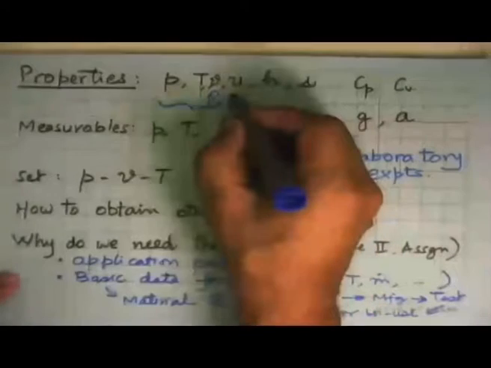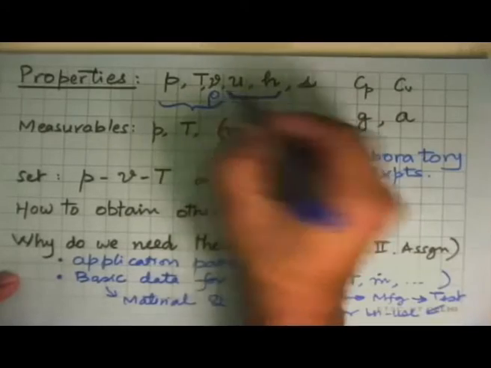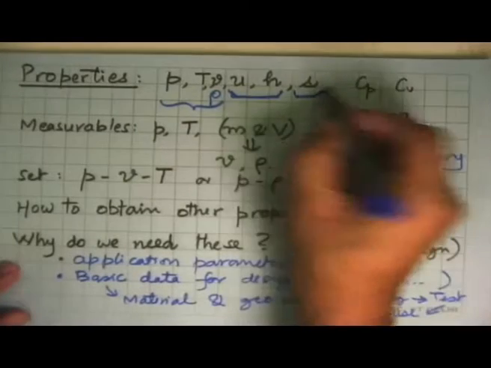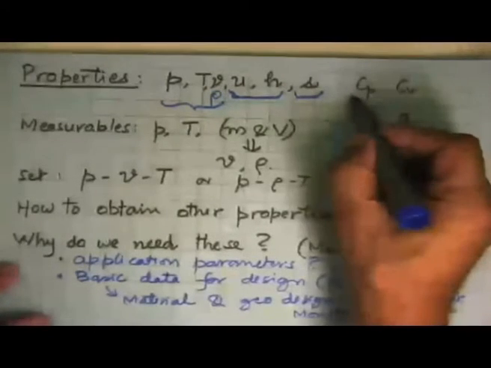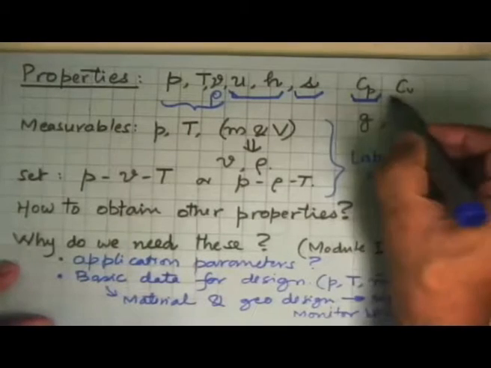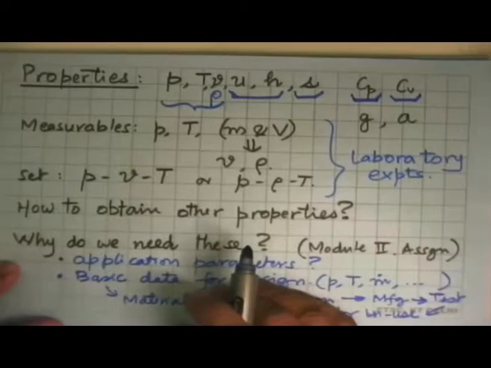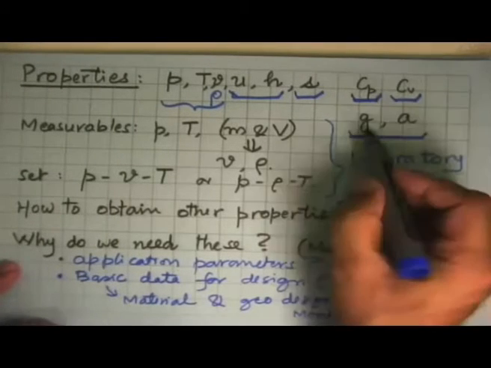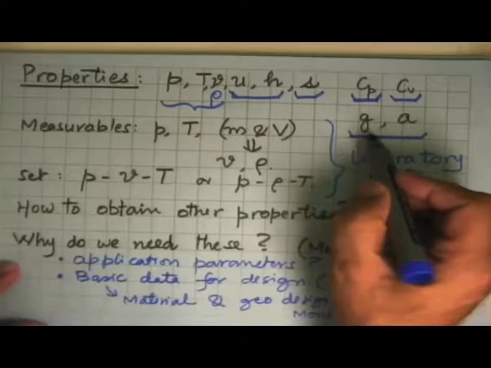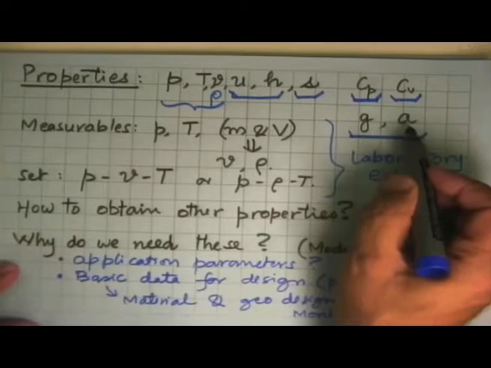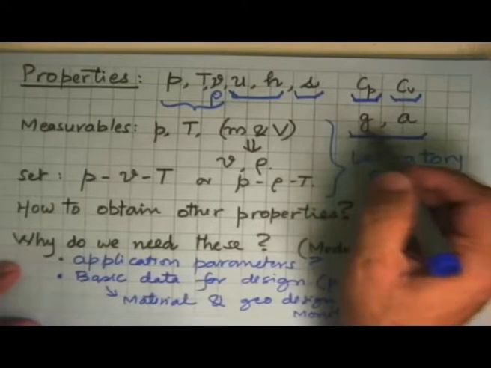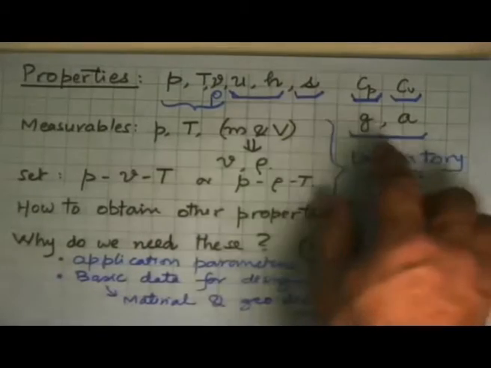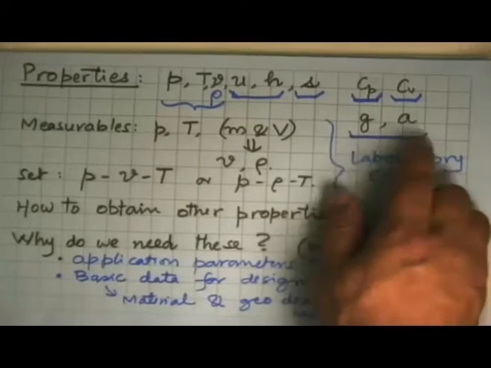Then we looked at the first law of thermodynamics and came up with these two properties: specific internal energy, specific enthalpy. Then from the second law analysis we came across, now we'll define some more properties. One is specific heat at constant pressure, the other is specific heat at constant volume, and we'll briefly introduce two more properties. One is small g, which is called Gibbs energy, and small a, gives specific Gibbs energy, and the specific Helmholtz energy. So this will complete all the properties that we require, and the reason for introducing these two